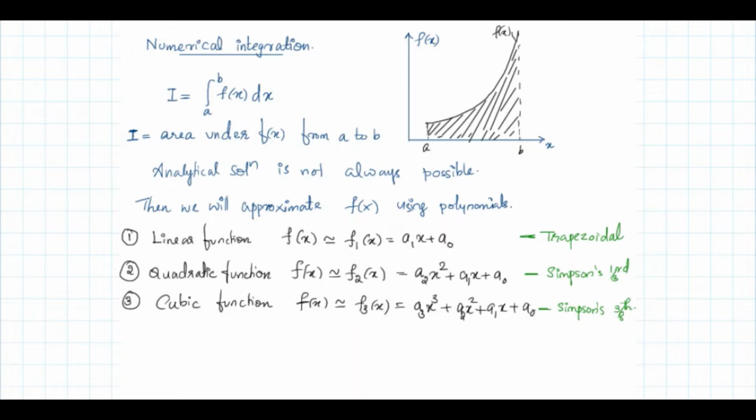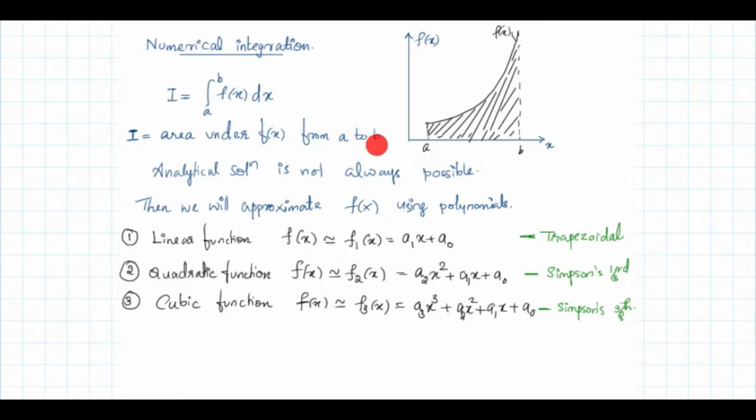And a definite integral from a to b of f of x dx. What is the geometrical meaning? It is actually the area under this graph f of x from a to b. That is the area between the x-axis and f of x from the limits a to b. This shaded area is the value of the integral. So the meaning of the definite integral a to b f of x dx is the area under f of x